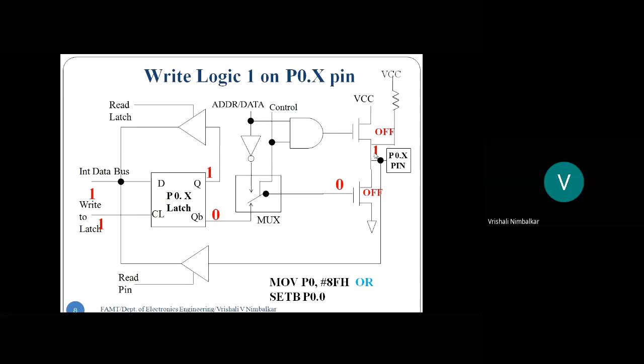Whenever I am sending logic 0, the lower MOSFET is on. So there will be a current flow from this VCC through this resistor, through this MOSFET, and it will be grounded. Correct? Meaning there will be a large drop across this resistor. So VCC minus the drop, logic 0 will appear on the pin. The point is, connecting this pull-up will not affect sending logic 0 on the pin. Whereas connecting this pull-up inserts logic 1 on the pin. So that's the functioning of port 0.